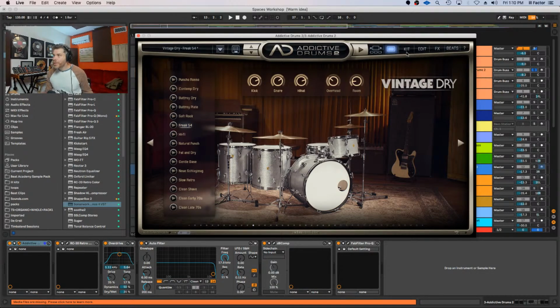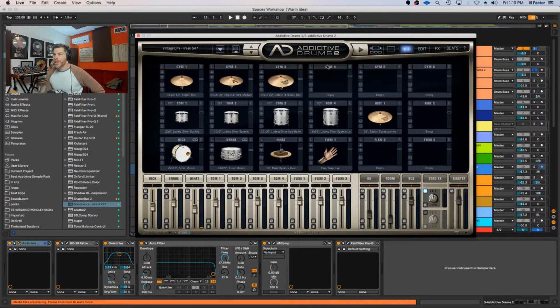So what I've done, even specifically within the kit here with Addictive Drums, and I'll walk through how you can recreate this using maybe any other type of drum kit. So I want to take a Native Instruments Studio Drummer and see what we can do to get near that type of sound. But I've even changed out the size of the cymbal, right? And with just a little bit of research and digging into what are some of the bands that I like that have this type of sound, what kind of drum set are they using? But for the most part, the smaller the cymbal, detuning the snare, and then not really accenting a lot of the room reverb.